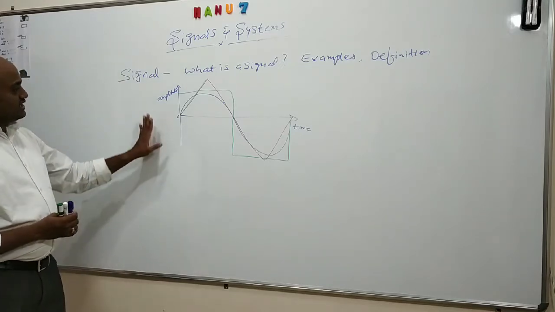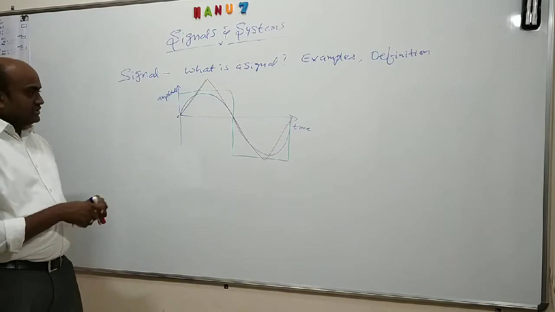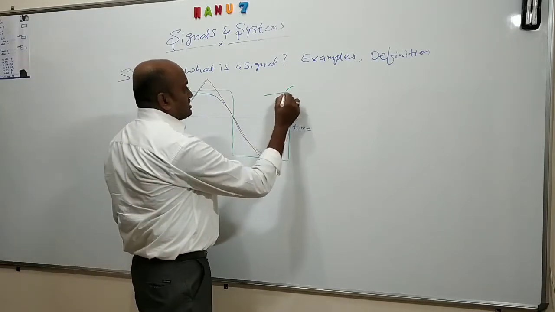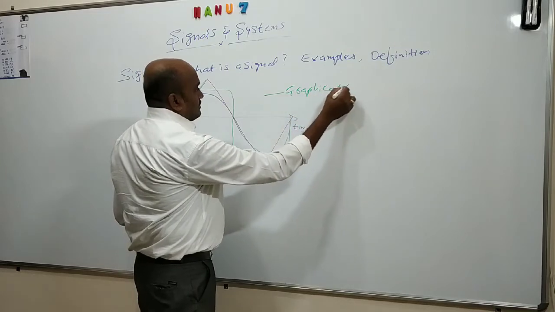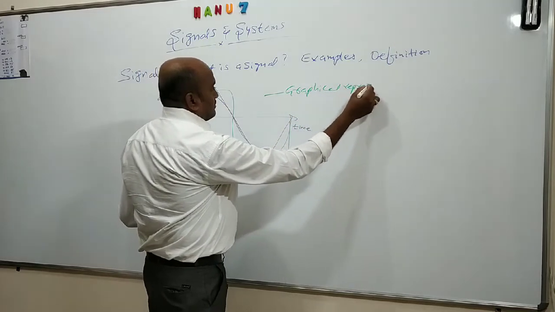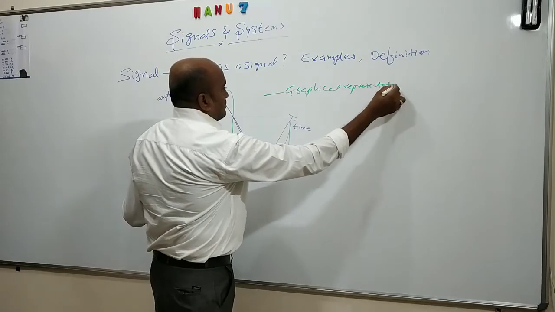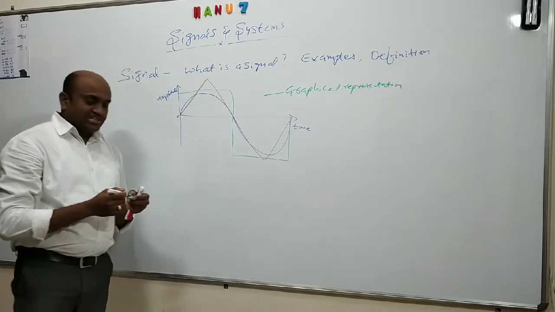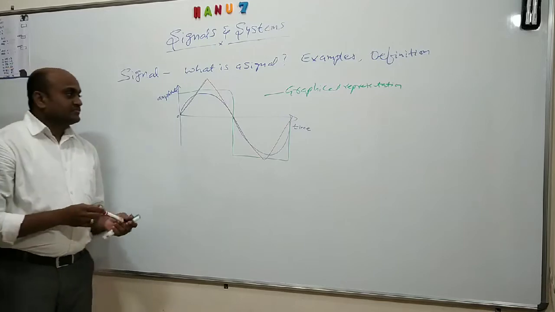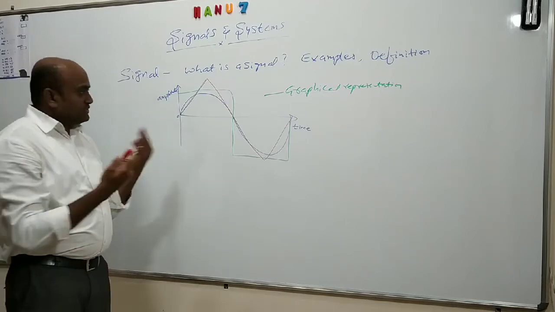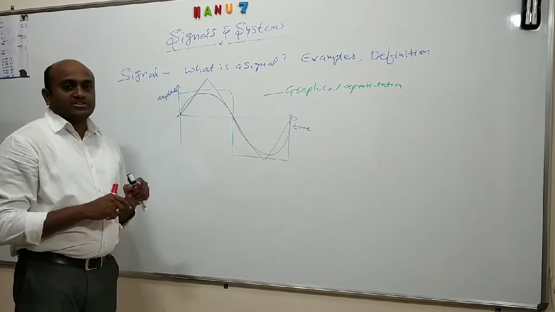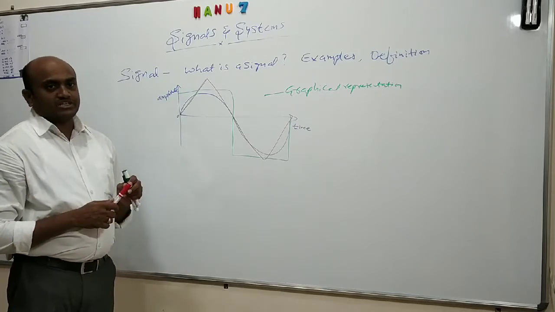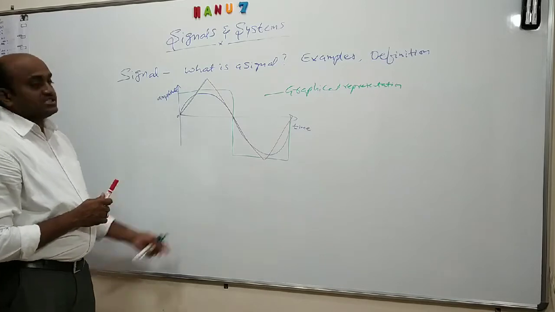So, whatever I have drawn here is called the graphical representation of a signal. Then the statement I am speaking, that a signal is any physical quantity which is varying with respect to time, space, or any other independent variable,